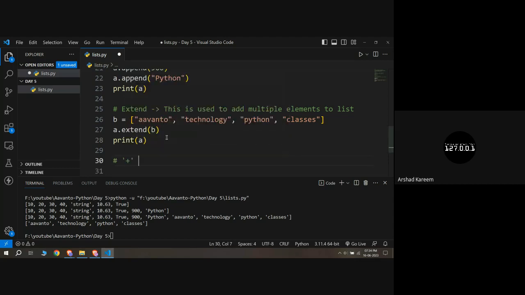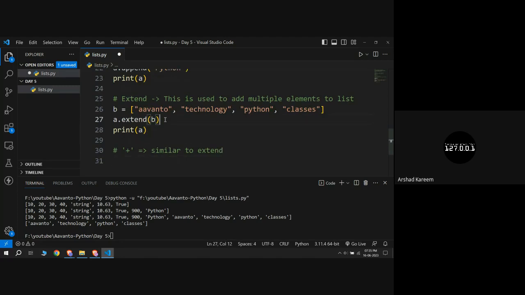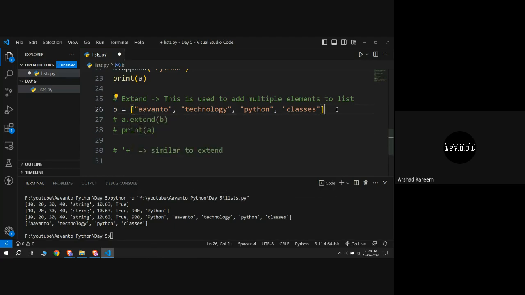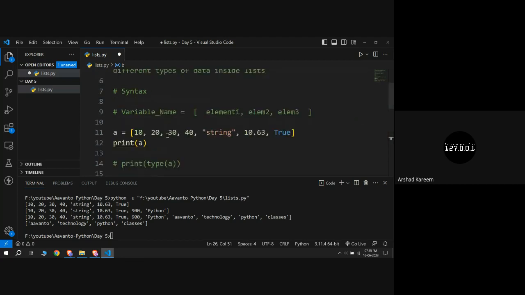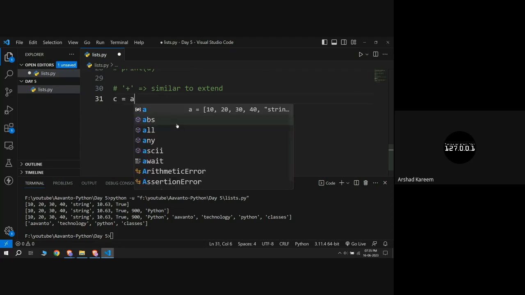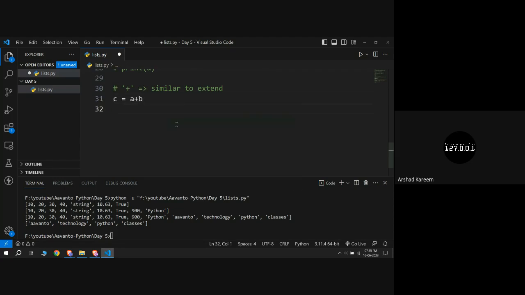So this plus is similar to extend. So what does that mean? Let me comment line number 27 and line number 28. Here I am declaring a new list which is Avanto Technology Python classes. So the point is there are four elements inside this list B, and there are some elements inside list A. Now I can say C equal to A plus B, and if I print C,